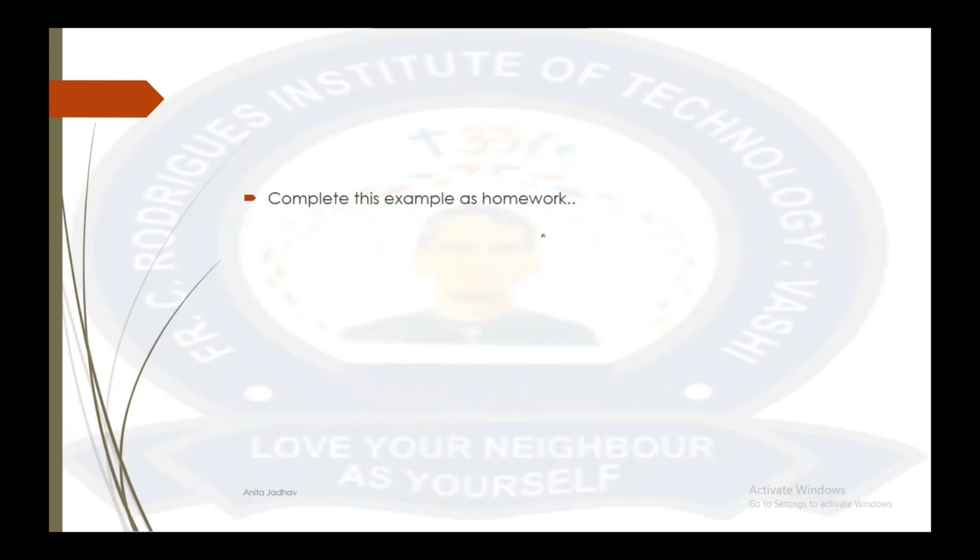So this way you go on doing it, and the next full example is there on the slide, but I have not included it because I want you to complete this particular example as homework. And wherever you find that you are stuck somewhere, you can always mail me, or you can put it in the comments that this part you are not able to get. I hope you try this particular method on different sentences, different strings, and find out any more peculiarities or some characteristics of this particular technique.